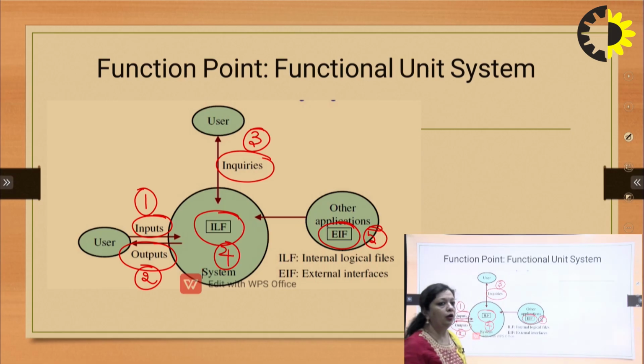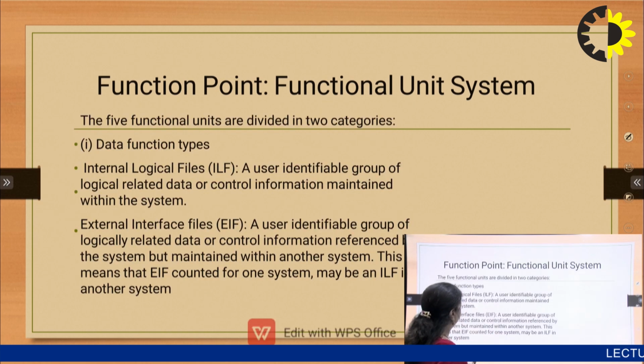So whenever we talk about the function point analysis, we basically concentrate on these 5 functional units to check the complexity of my code. So till now we have tried to understand what the different functional units are as per the FPA, and now in the further slides we will see how, using all these 5 functional units, we calculate the complexity of my code.